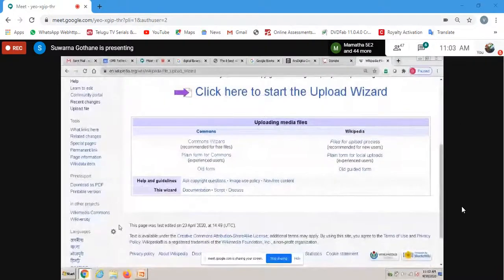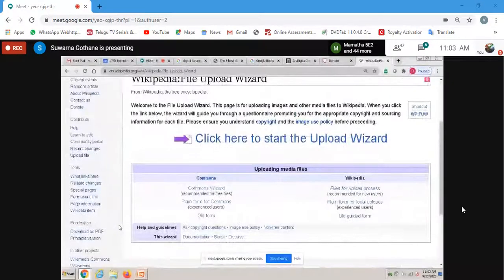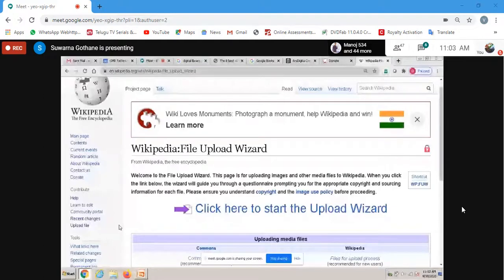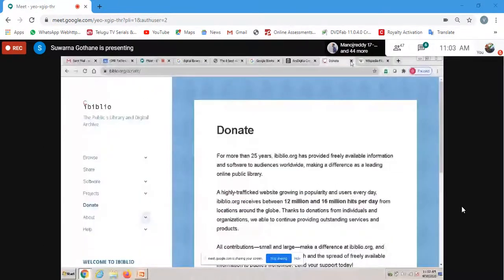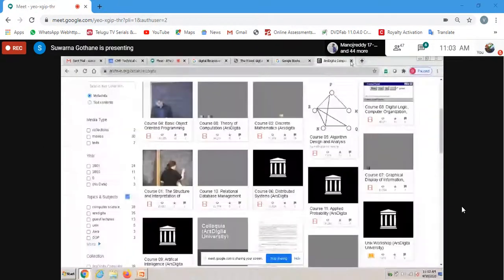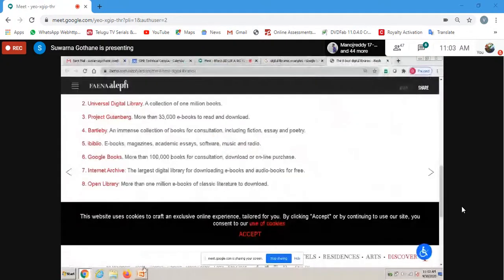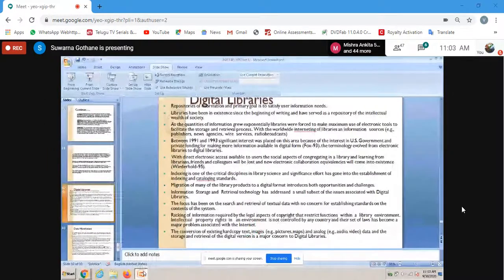There are various ways to go inside this and add your contribution towards society by having good knowledge, becoming a subject expert, or becoming a good learner and a good helper for society.